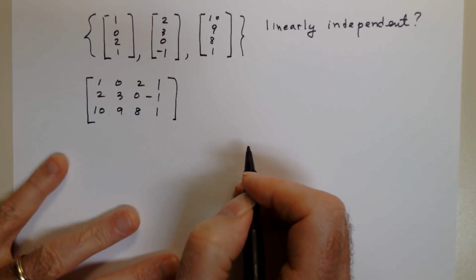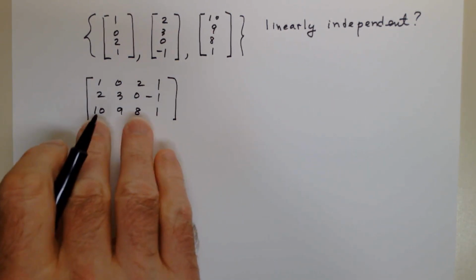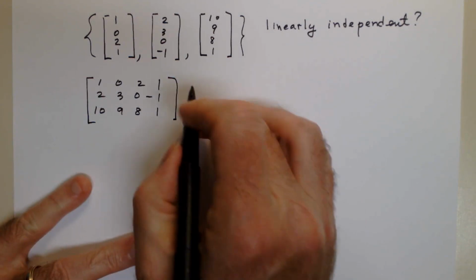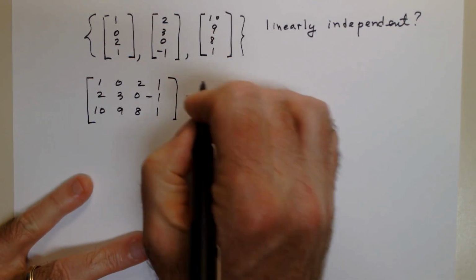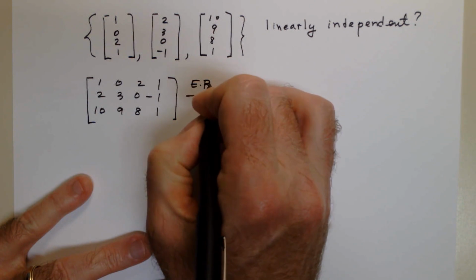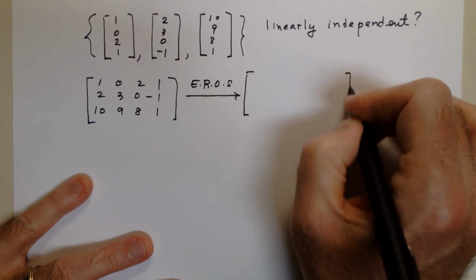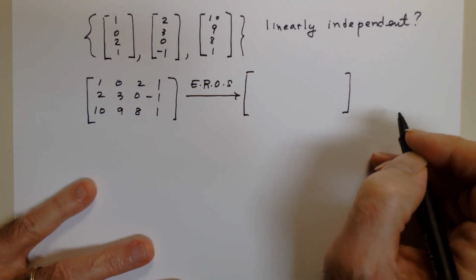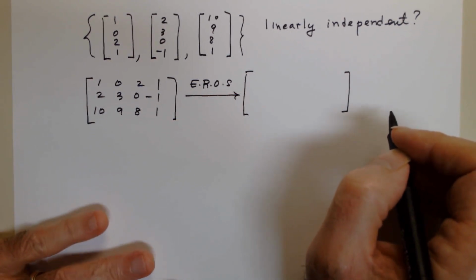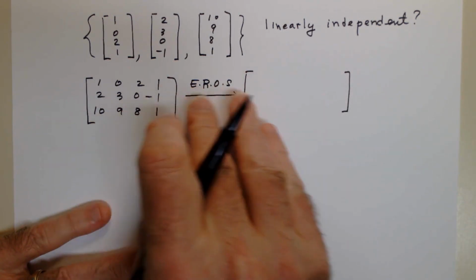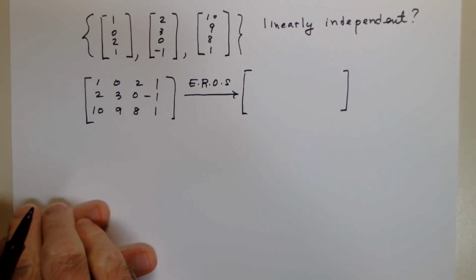Okay, now you're going to go through a sequence of row operations. You're going to put this into reduced row echelon form, say. So you're going to go through a sequence of steps. And I did this off camera. You can check me on this. I would ask you to try this yourself. And what we find when we do all the steps to get it down to reduced row